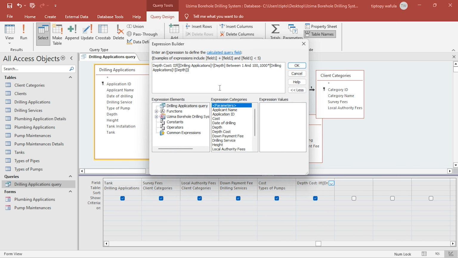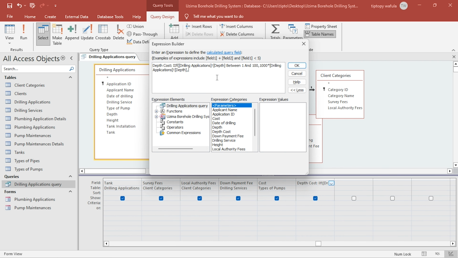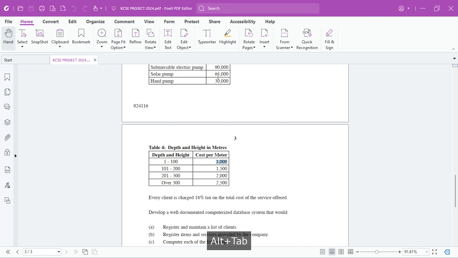So I'll proceed and say, what if it's not 1 to 100? We'll add another if. So instead of the value false, we'll come again and say if the same drilling application is now between 101 and 200,